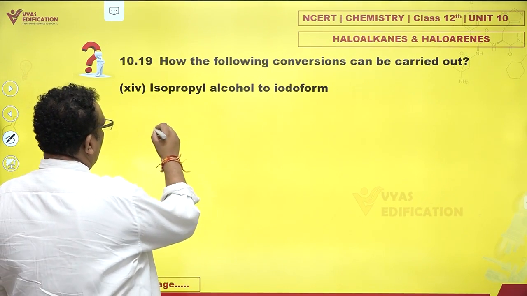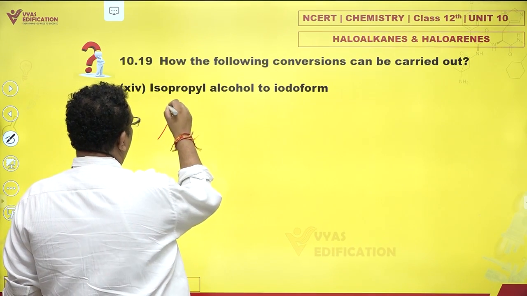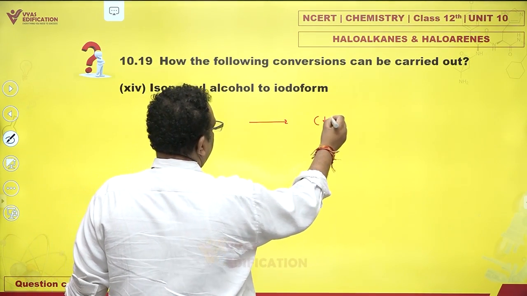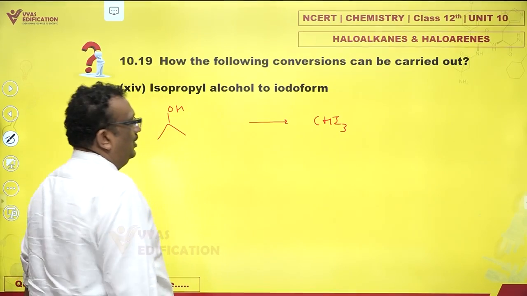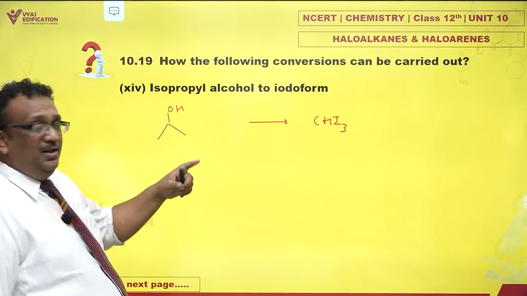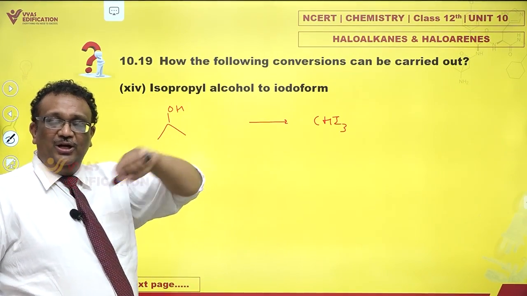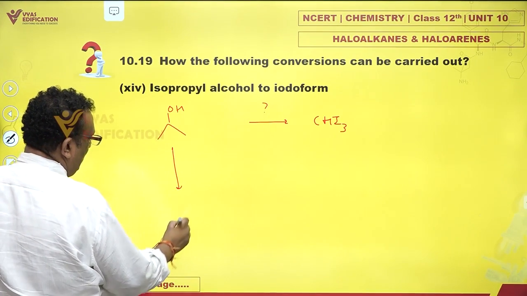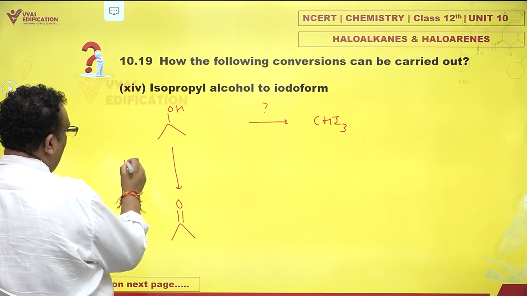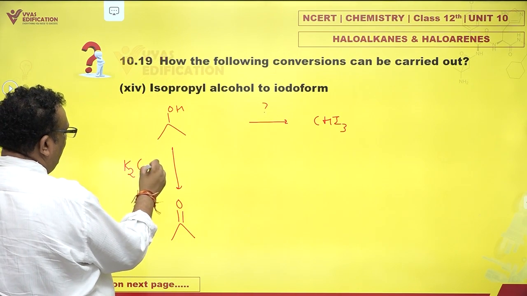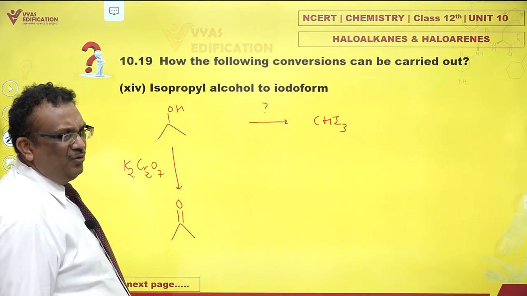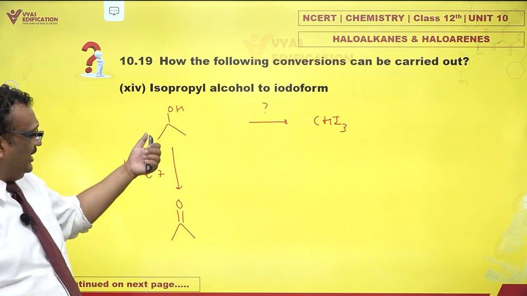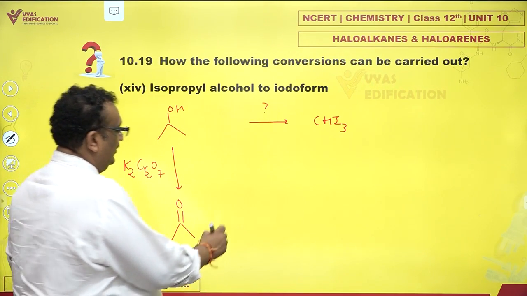Isopropyl alcohol to iodoform. Oh my God. How do you do this? Well, for iodoform test, you need methyl ketone. So we oxidize this to acetone. How? Just use K2Cr2O7 or K2CrO4, any oxidizing agent. You oxidize isopropyl alcohol to acetone, and then